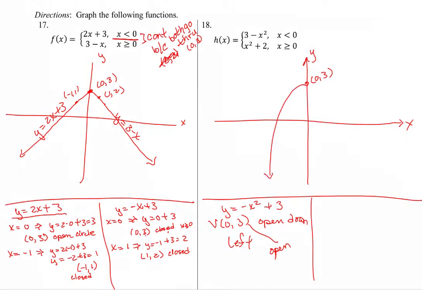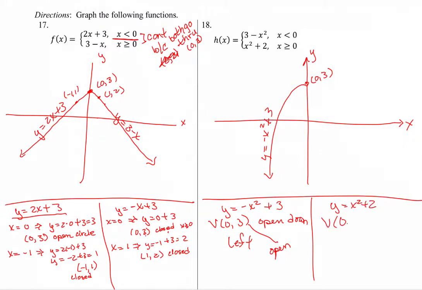And here I have y equals negative x squared plus 3. So that's that one. Then on the right, I have y equals x squared plus 2,